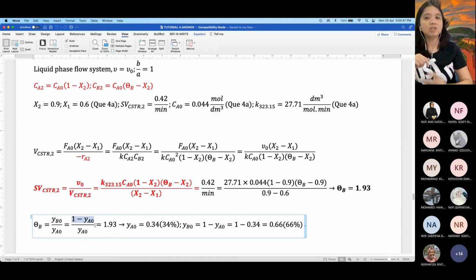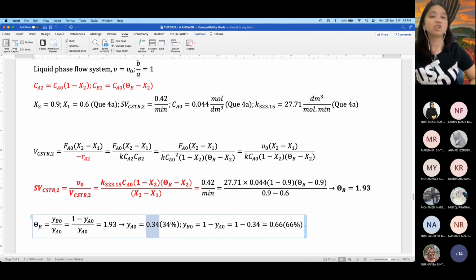So now by doing this, you realize I'm only left with one unknown, YA0. How am I left with one unknown? Because I introduced another equation. How do I introduce a new equation? Because I understand I add in A and B, composition dia mesti in terms of mole 100%. So now when you're left with only one unknown, you dah boleh solve lah because you know theta B, you only need to know YA0. So you can solve, you will get YA0 in terms of fraction 0.34,